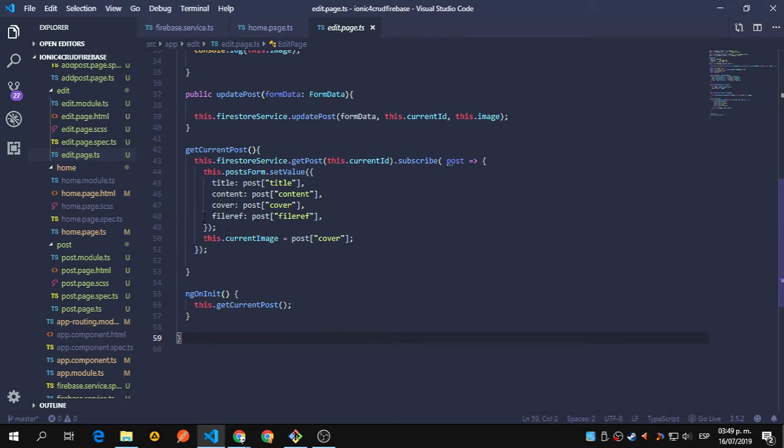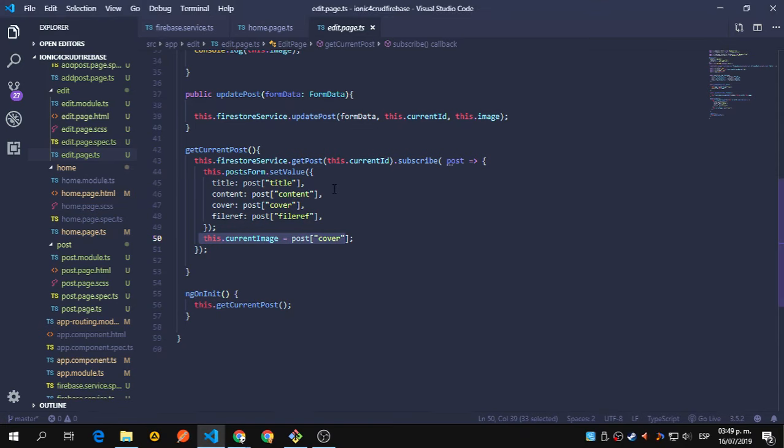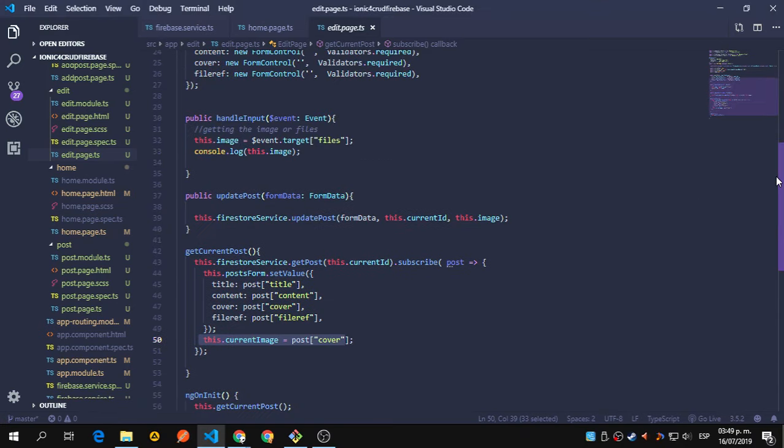Okay, so that's why Angular isn't complaining about not having this, because as soon as we have the component mounted, we pass this function so we can set all the values inside the form. So everything is filled at the moment we click submit. Everything is already filled, and if we change this, it's going to update everything. Okay,